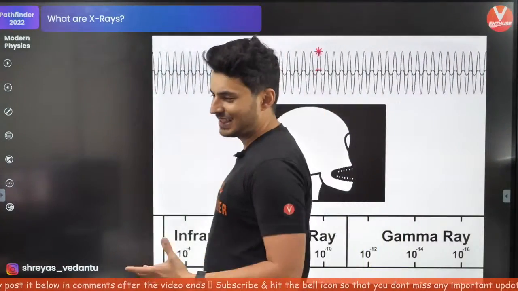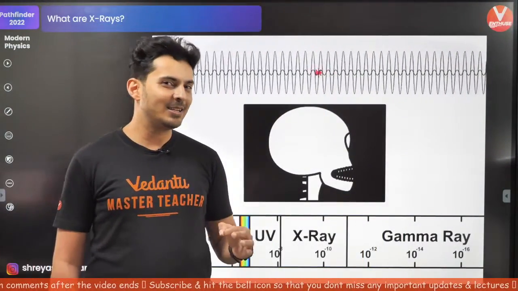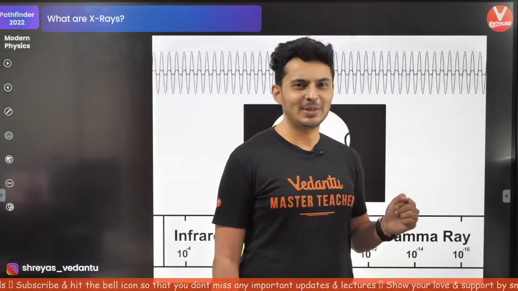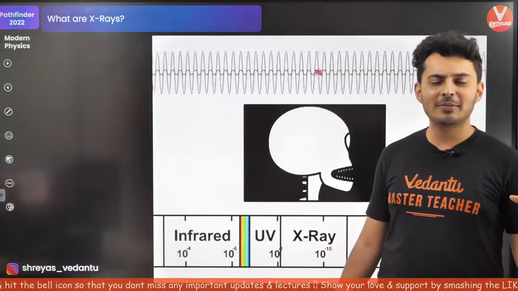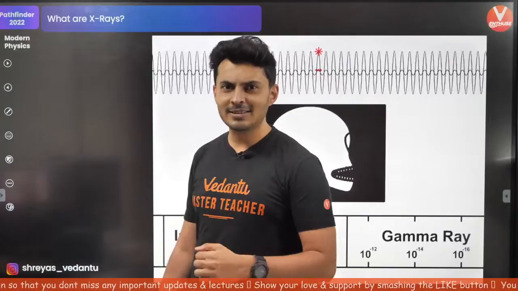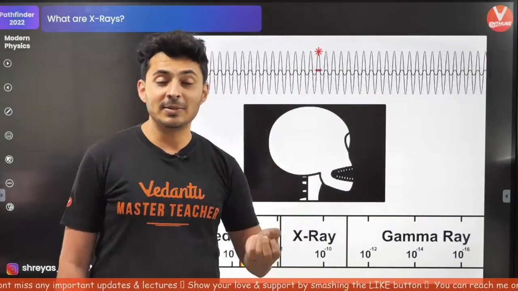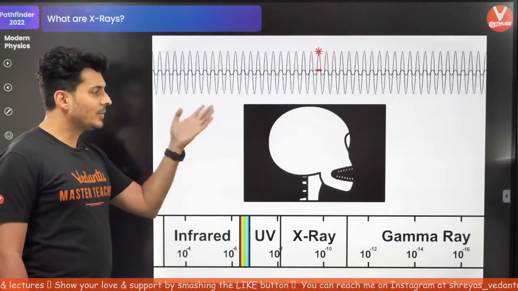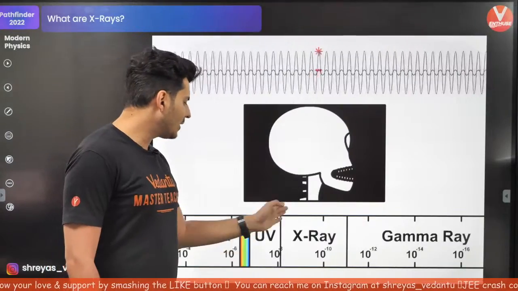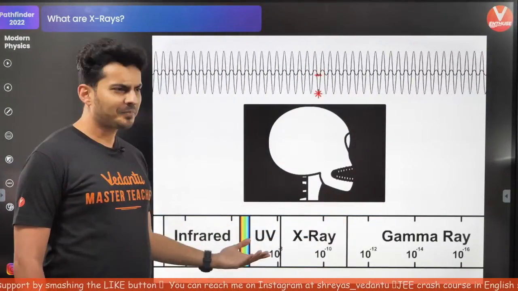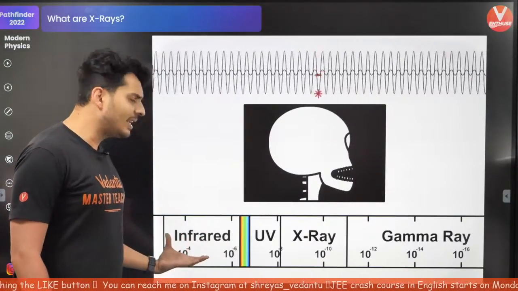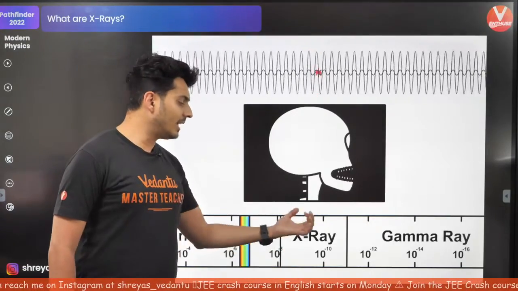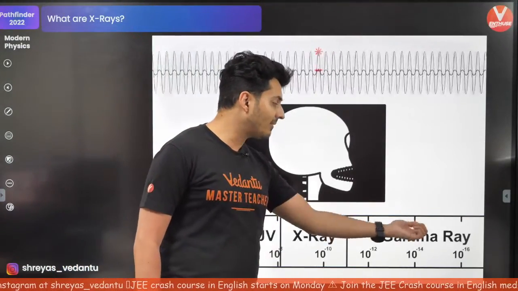So what are X-rays basically? X-rays are nothing but light only, but just that they are not visible. That means they are electromagnetic waves. Remember, all electromagnetic waves can be classified into different categories. Some things you call UV, some things which are seen you call visible light, some things are gamma rays, some things are infrared. So X-rays fall after UV, and after X-rays fall gamma. If you remember, infrared has a very long wavelength, then you get ultraviolet which has a very short wavelength, shorter than that you have X-rays, shorter than that you have gamma rays.